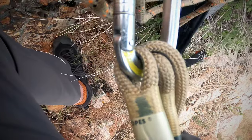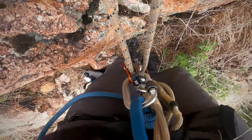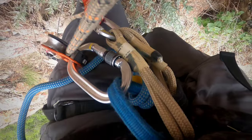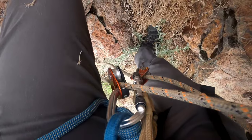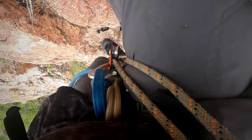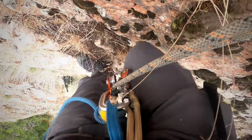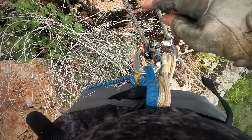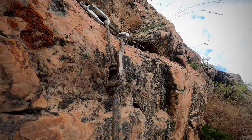I'm all set, and I'm going to start climbing. Now, if you don't put weight on here, it causes your ropes to not slide freely, or your gear to not slide freely, and essentially disables them. See how those devices are just trailing behind. It's really important that your rope never gets slack, because if you fall on it, it can tear through the sheath. So I'm at the top, and now I'm going to clear my anchor